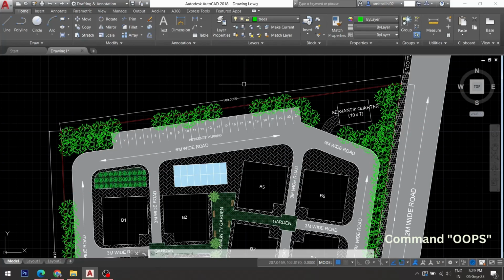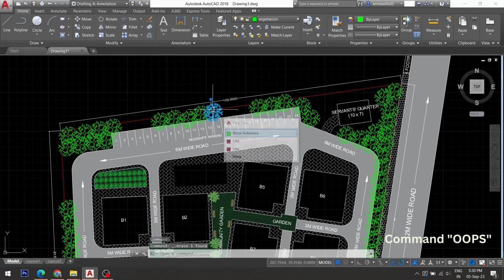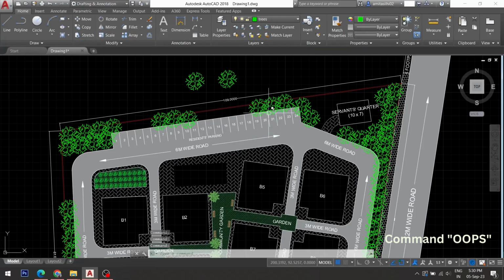Now let's see how this command works. So, say you just deleted this object, and after that you continued editing this drawing. Now, you want to maintain the edits you've already made, but suddenly you notice that the object I deleted is